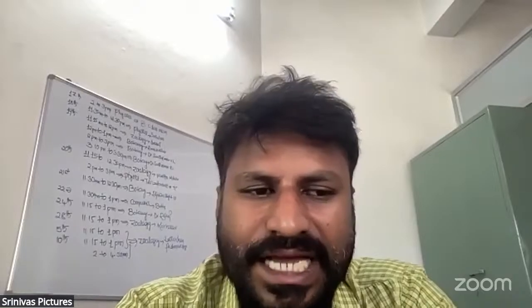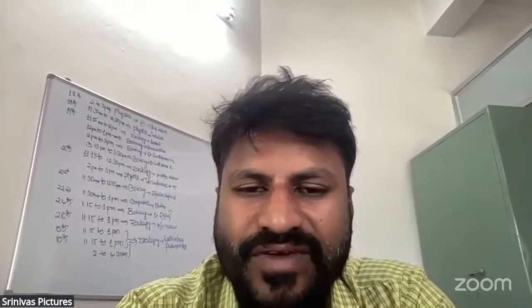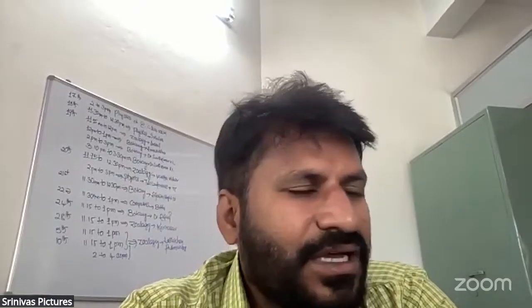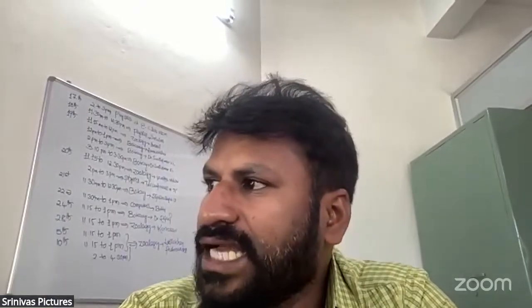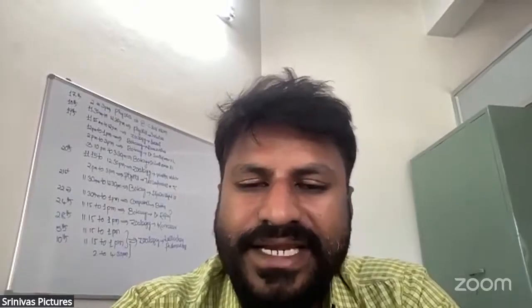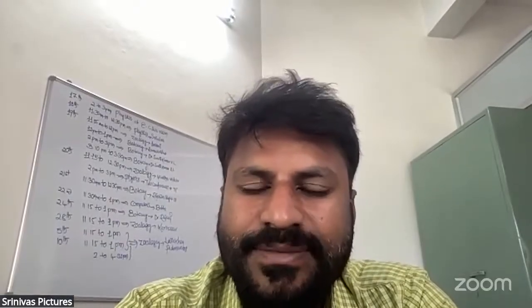Next is the cash flow statement. Cash flow statement talks about the movement of cash only, so it purely shows the liquidity position of the company. Generally, this statement is prepared for three months. The cash flow statement involves three activities: the operating activity, the investment activity, and the financing activity. I explained that just now.